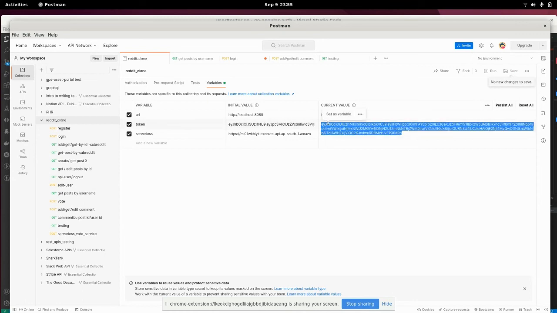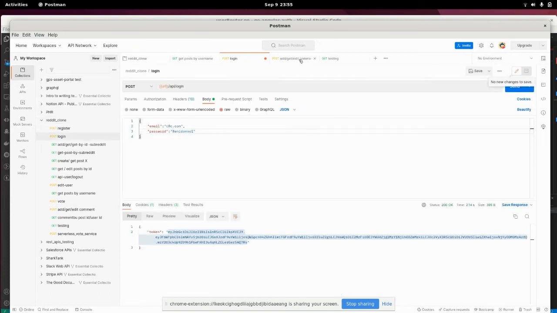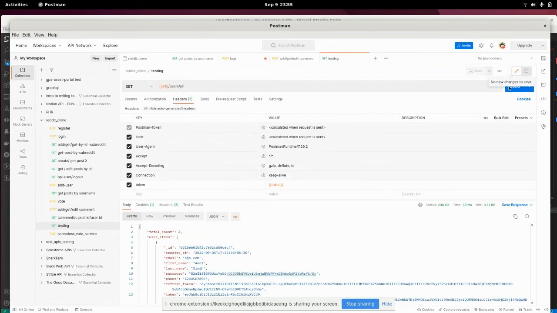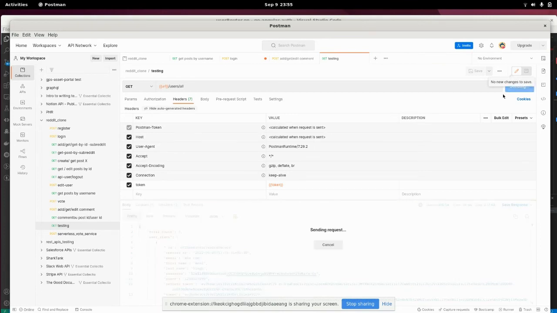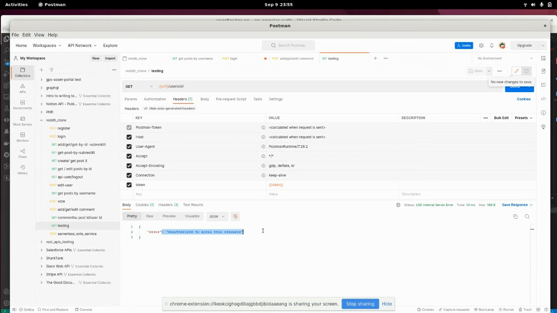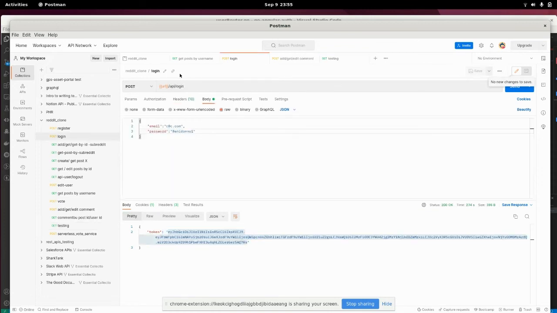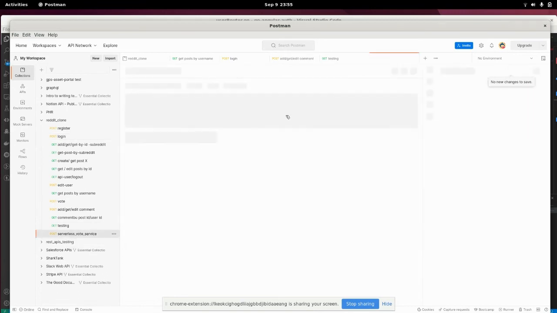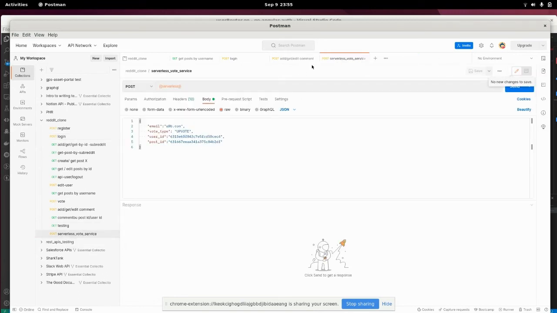Then we will test it. So when we run the testing again, it should show the error because authorization has not been provided to another user. Yeah, unauthorized to access this resource. So basically, it's the crux of the resource that authorization is working fine and this API is working. It means things are working well for us because we have provided admin access to that API. Now it's a serverless API. So to test serverless API,